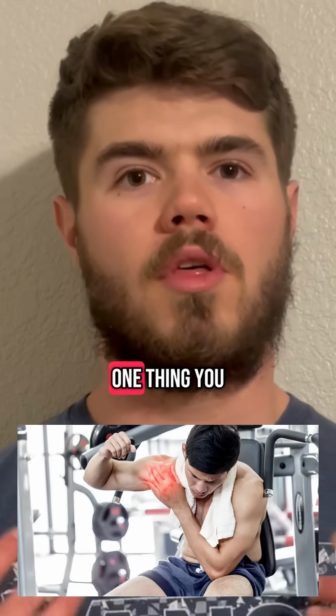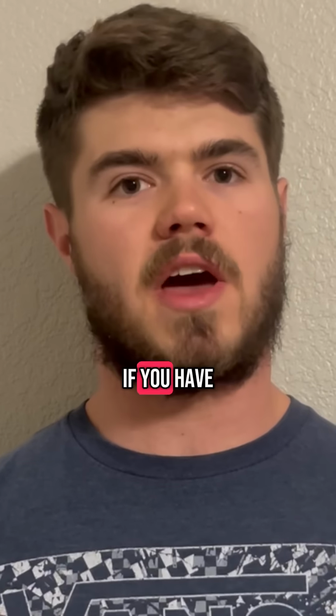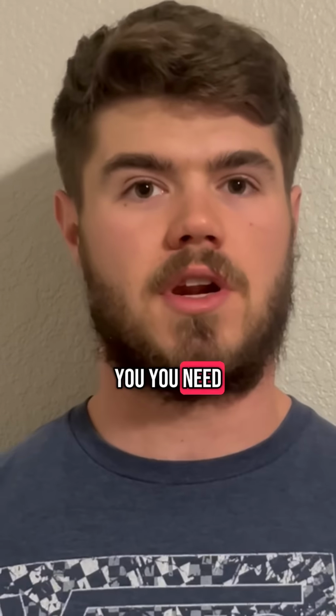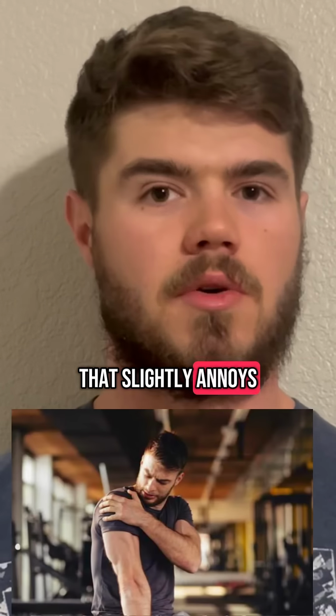If you deal with shoulder pain, one thing you can do to try to heal this is to do more back and rear delt work. Now, obviously, if you have a serious shoulder injury, this isn't for you. You need to go see a doctor in that case. But whenever I talk to anyone that just has some nagging shoulder pain that slightly annoys them, or that pops